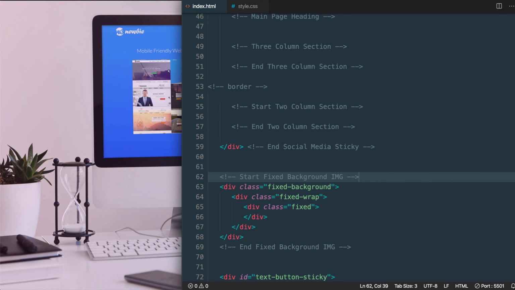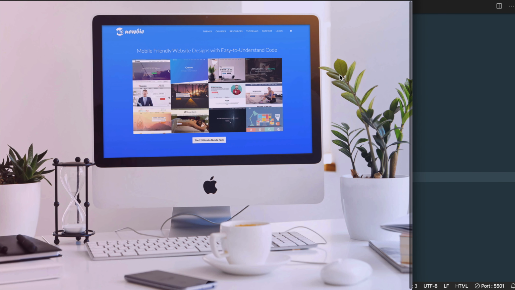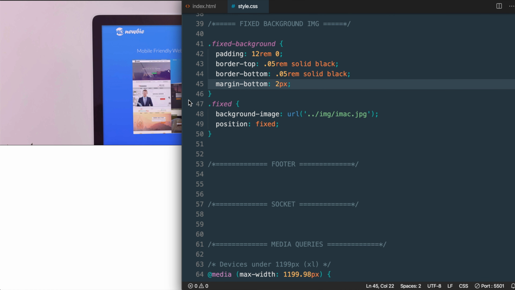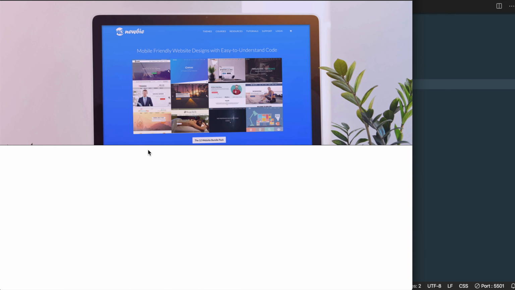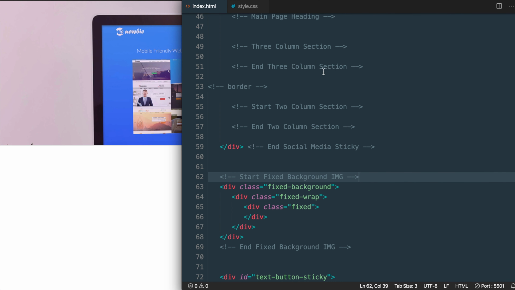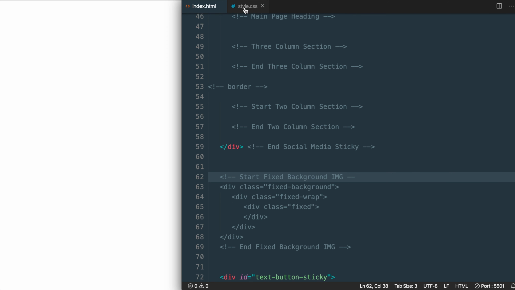actual fixed background class, is where you would want to add content if you want it to sit on top of the background image. Also, what I'm going to do right now is remove the height that's set to 100% or 100 vertical height, so it only takes up the height of 12 rem, which we see with the padding of the fixed background class, and that's going to match up to the finished website. Then moving back to index.html, I'm going to comment out the fixed background section again, so we have a blank